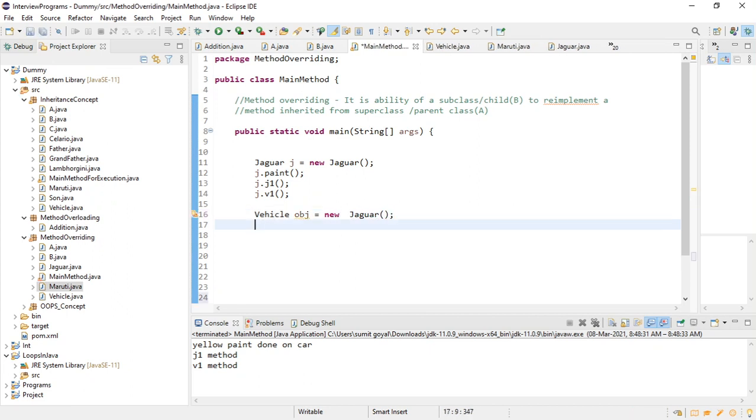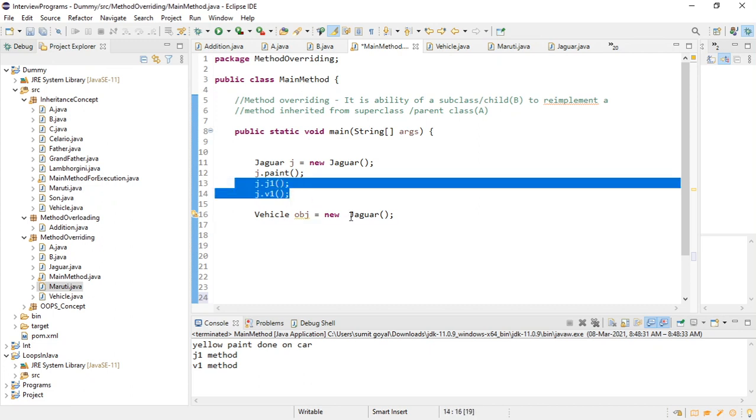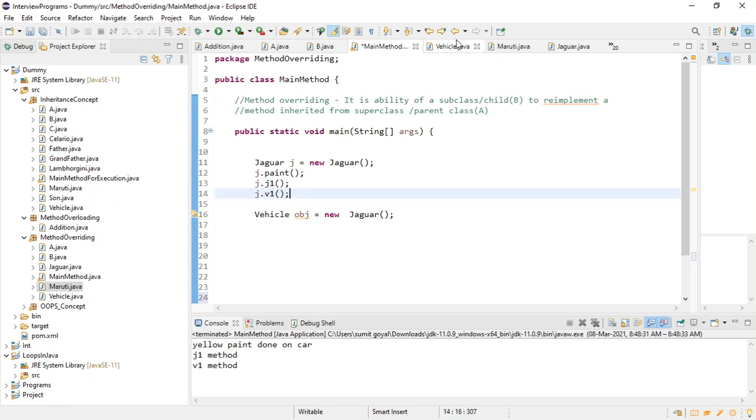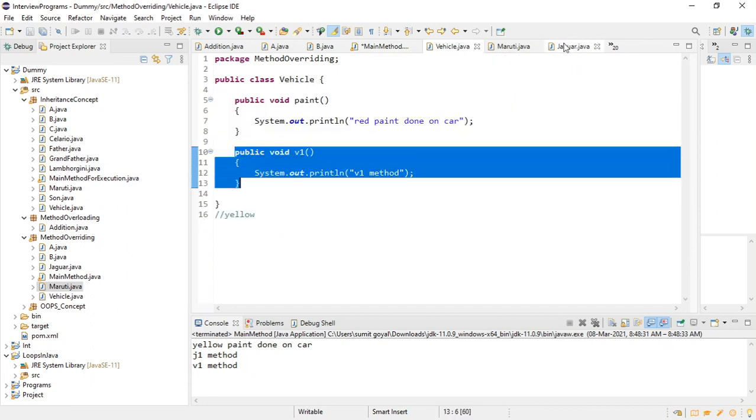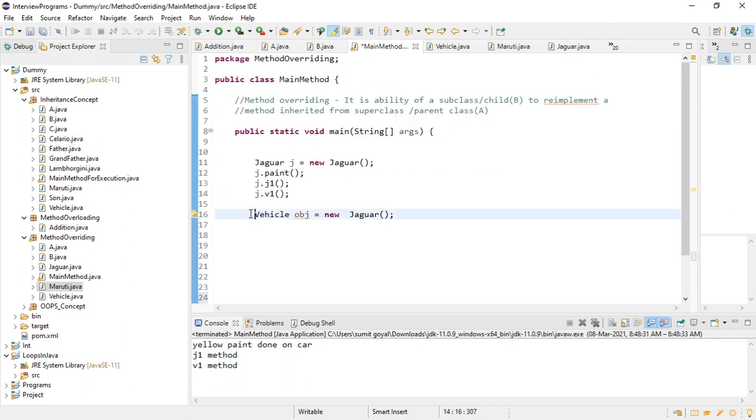Okay, so suppose I first consider these two as the typecast, as these two methods are different, right? Clearly you can see this method has a different name and this method also has a different name. So if I write in such a way, now for the different methods, upcasting is already done, right?